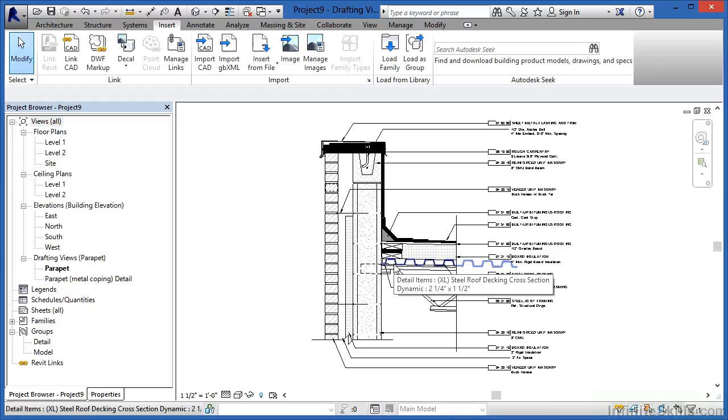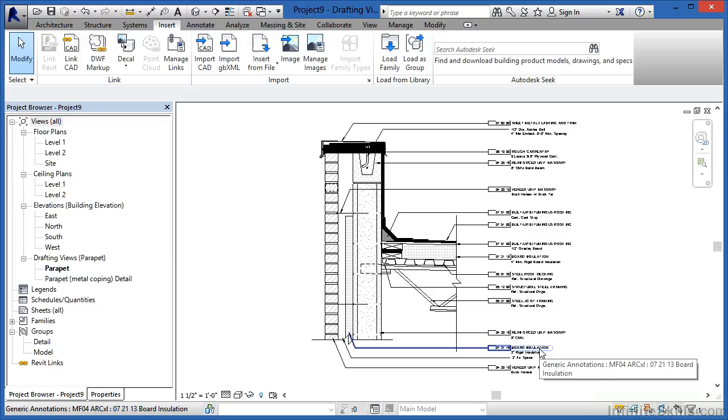And the reason why they were already in the project now, as opposed to a moment ago when we had the drafting view and we didn't get that message, is because they got brought in when this drafting view was brought into our project environment. But now we can see that we now have this drafting view, which is called Parapet, which was originally made